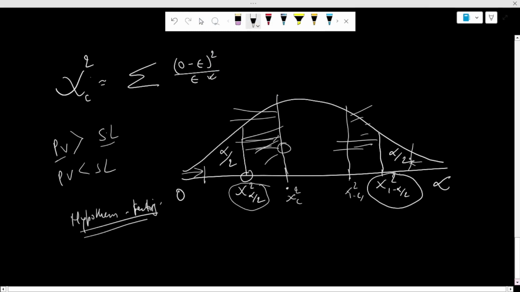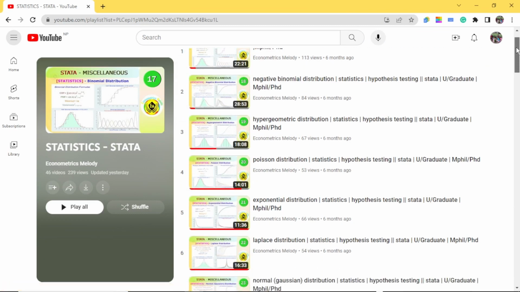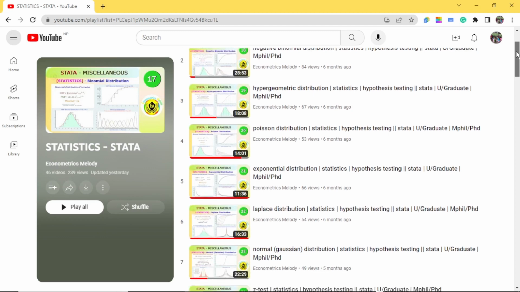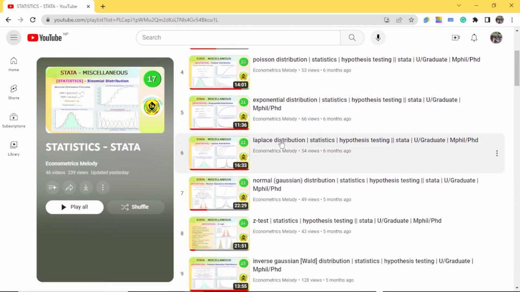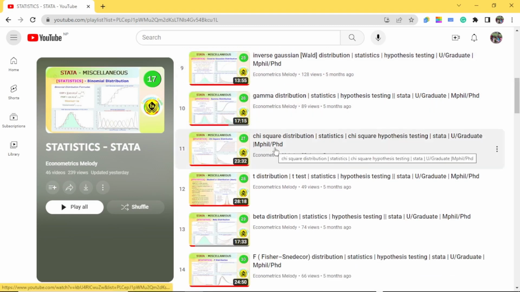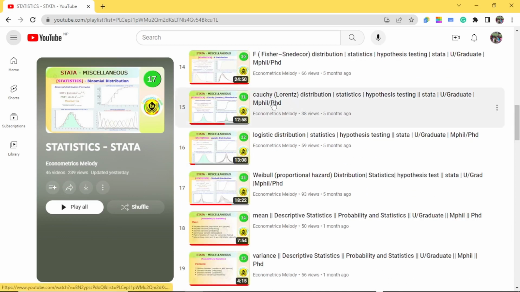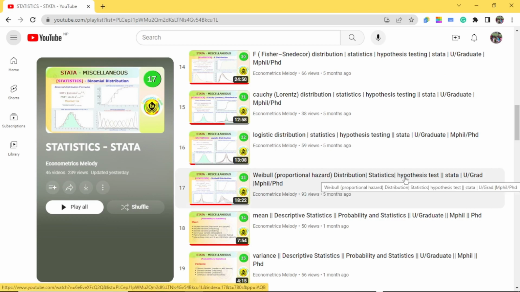So we have covered this hypothesis testing in our earlier videos as well, and let me show it. We have covered hypothesis testing related with binomial distribution, negative binomial distribution, hypergeometric distribution, Poisson distribution, exponential distribution, Laplace distribution, normal Gaussian distribution, z-test, and inverse Gaussian distribution, which is also called the Wald distribution, gamma distribution, chi-square distribution, t distribution, beta distribution, F distribution, also called the Fisher-Snedecor distribution, and Cauchy-Lorentz distribution, logistic distribution, and Weibull distribution. Please refer to these videos for detailed